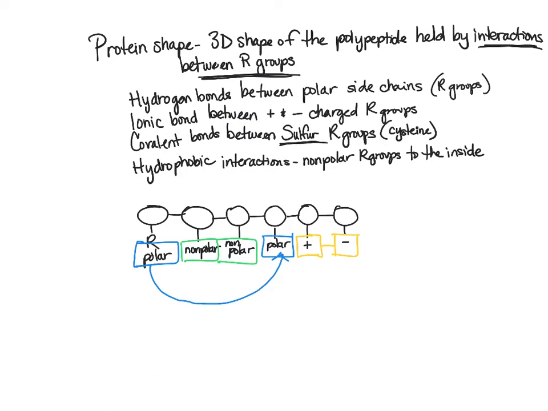And so if we can imagine taking this chain, and we can go on and on with many amino acids this way, many amino acids this way, all being polar or nonpolar, making covalent bonds with the sulfur R groups, the disulfide bonds, hydrophobic interactions where those are trying to get to the inside and not be near the water, hydrogen bonding either with other polar molecules or with water on the outside of the protein. All of these things are going to contribute to the way that the protein looks,